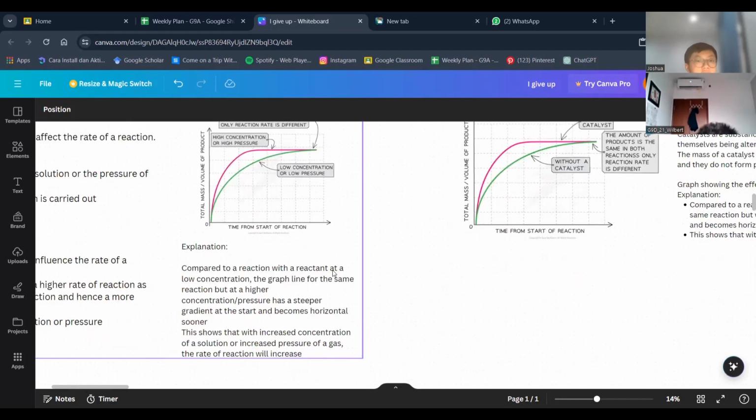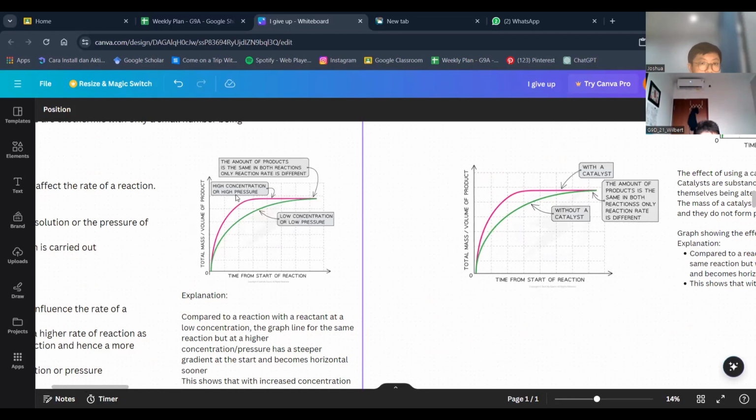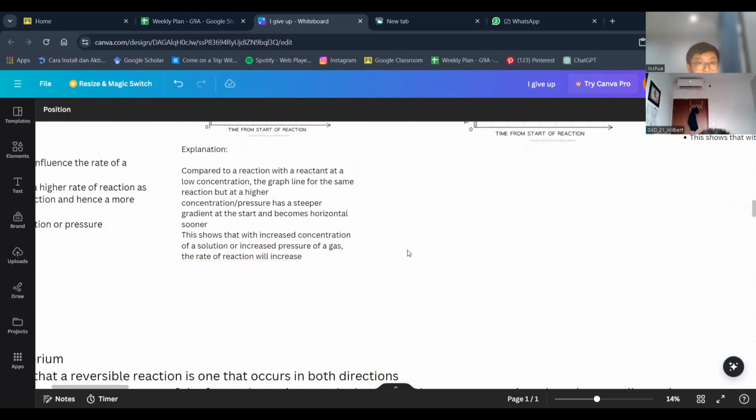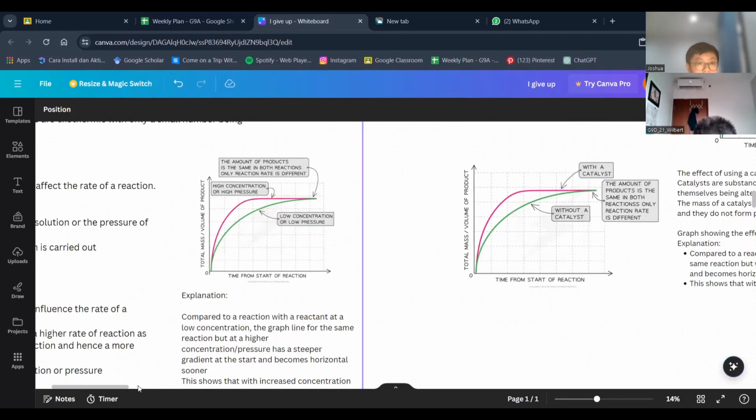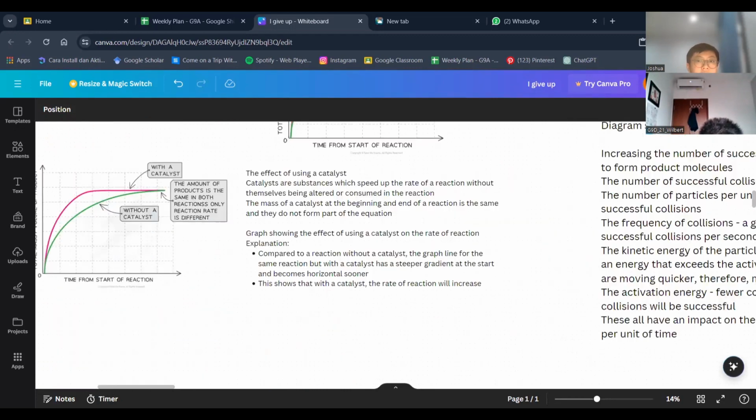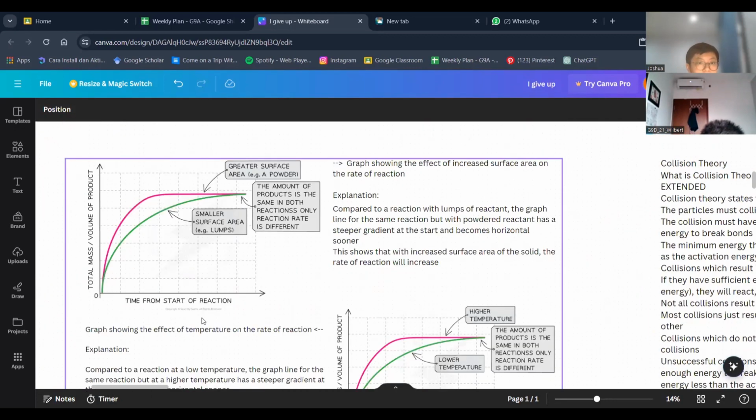to a reaction with a reactant at a low concentration, the graph line for the same reaction but a higher concentration or pressure has a steeper gradient, so it has a higher increase compared to the decreased concentration. Moving on, I'll present the other factors. So for the surface area,